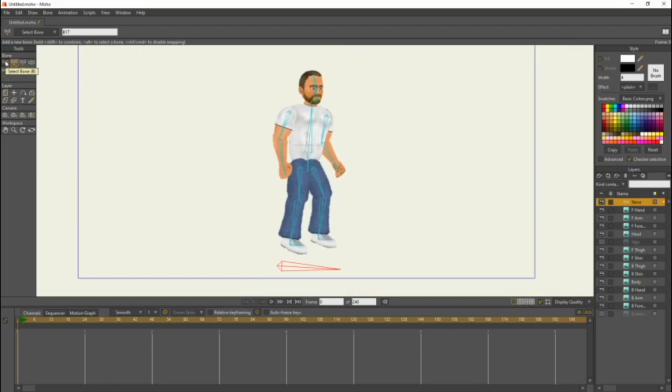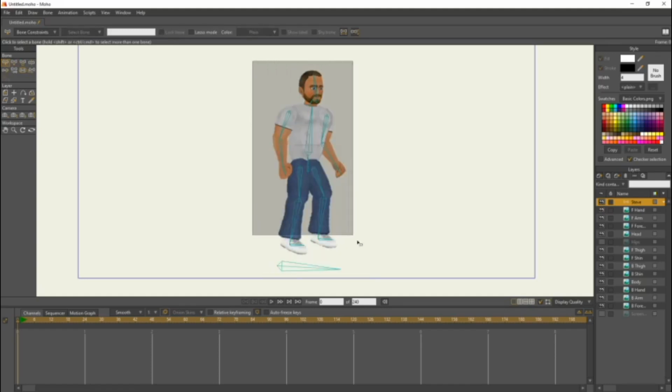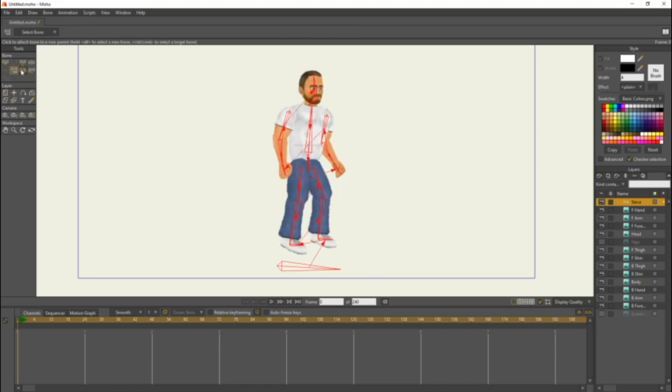Now, next, we're gonna come to select bone, and we're gonna target all these bones. So select all of them, click and drag over all of the bones. We're gonna come here to reparent bone. Actually, first, come to bone strength, and you should see all these red ovals popping up around the bones.